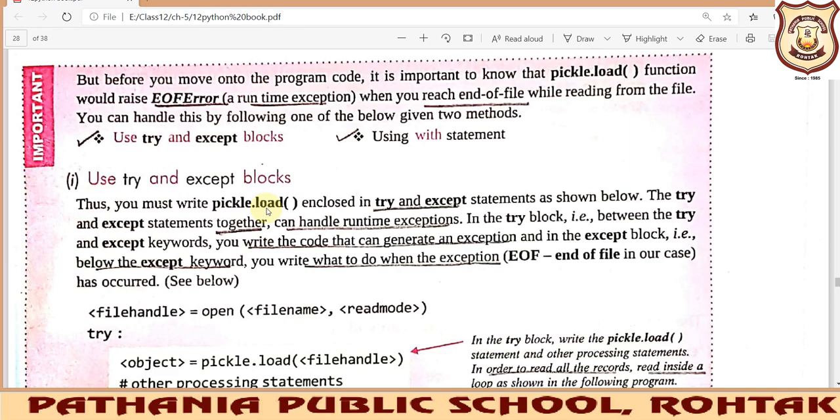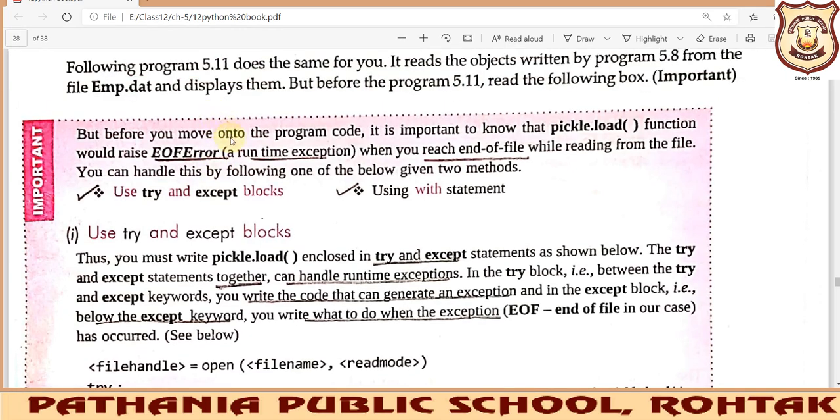When we are reading a file, there can be an error like the end of file error. When the end point of the file has been reached and we are still trying to read it, definitely it will be an end of file error.